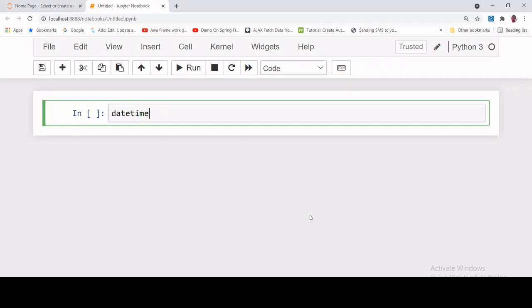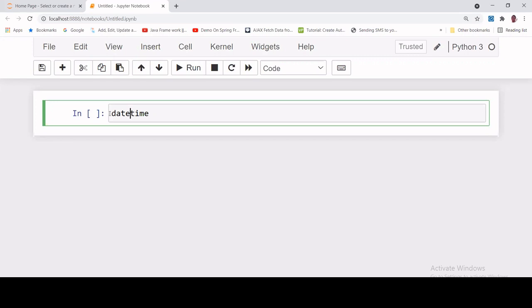But in my previous video I also discussed that there is a concept of package, meaning modules are put inside some packages. So there is a package called datetime. A package is just like a folder. Inside this package, many modules are there. What are those? I'm coming to that. Now, inside this package, I want to use one module which is date.